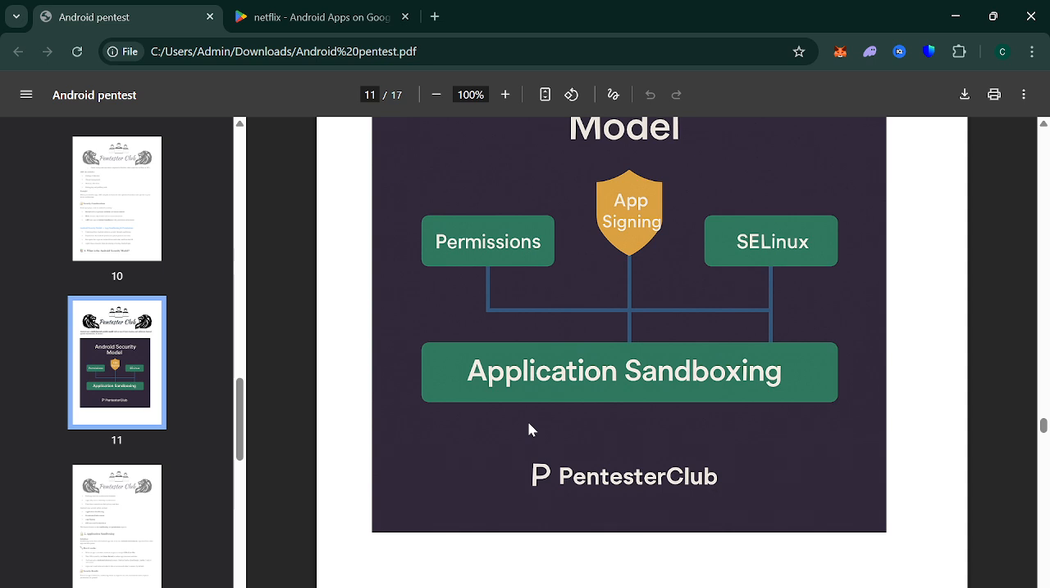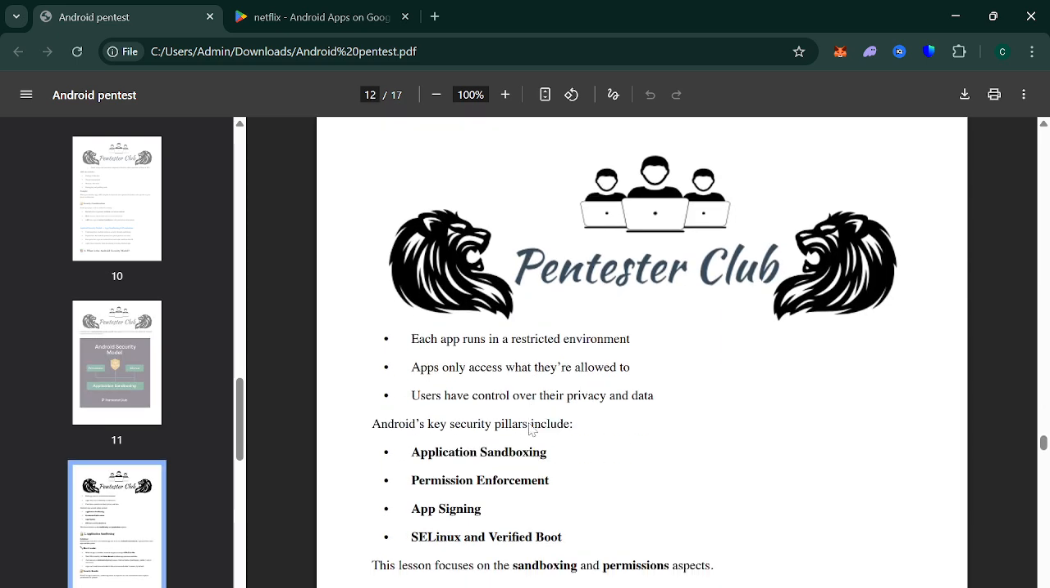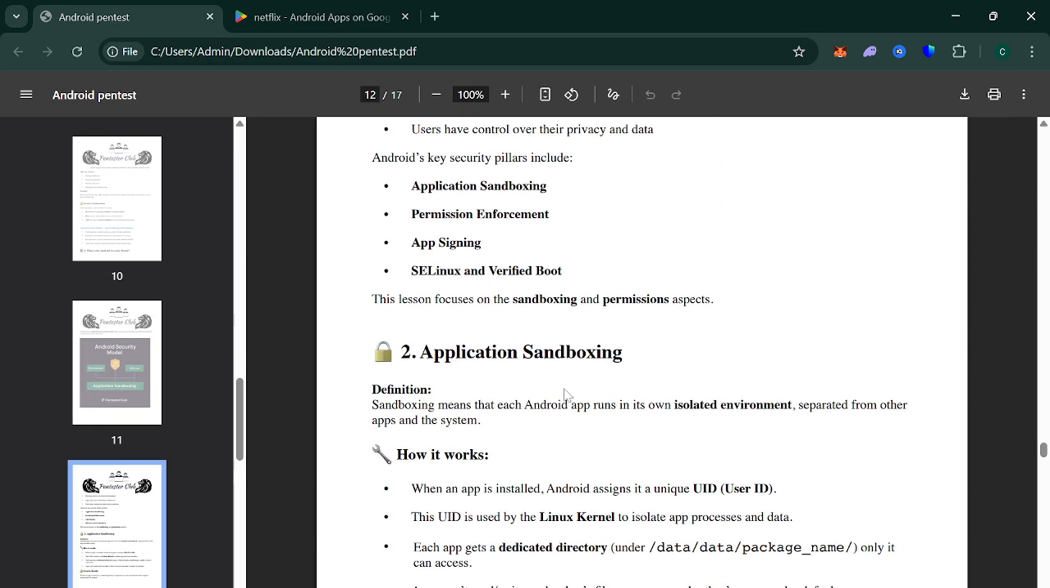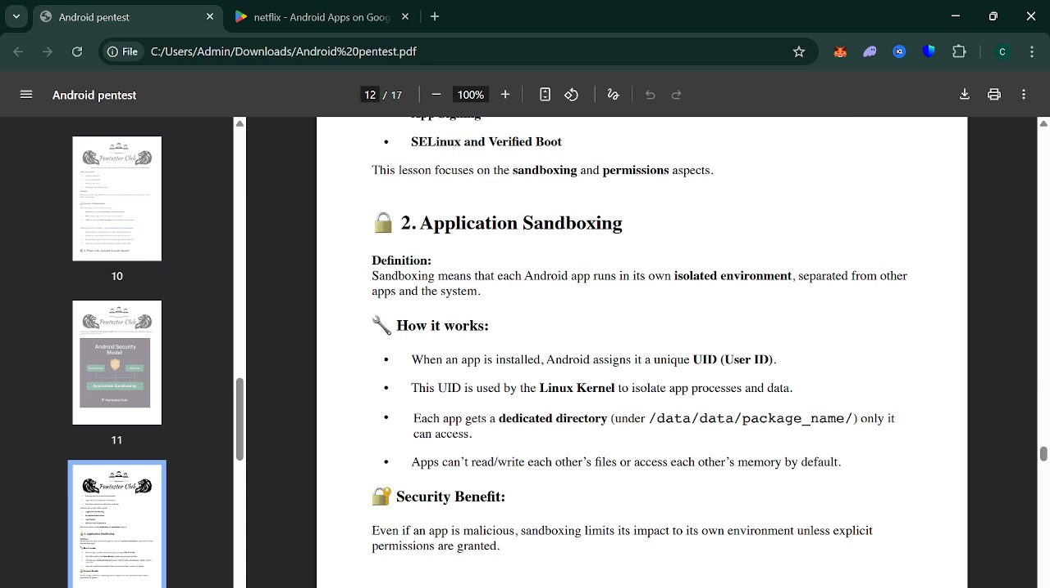So each Android app runs like a self-contained environment, known as a sandbox, here in this application sandbox. So how does it work? Every app is assigned a unique Linux UID, like a user ID. When installed, it operates in its own process and has a private data directory with the package name. Like if you install any package, let's consider Netflix, it